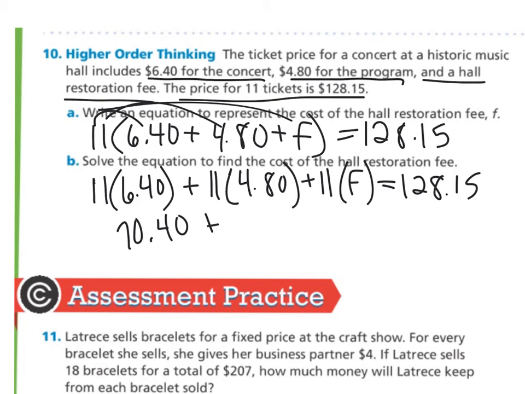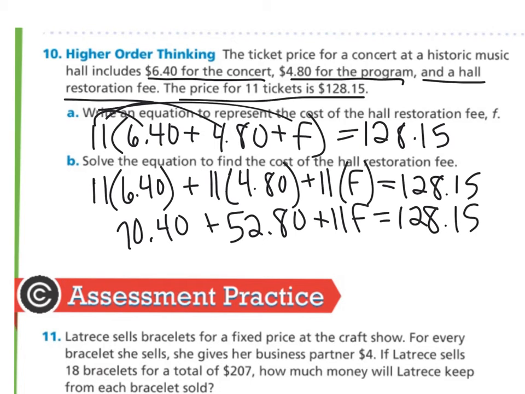The 11 times 4.80 would be $52.80. And then a little different than some of the problems we've seen, we can actually combine these costs together. Those are like terms. So if you add those together,